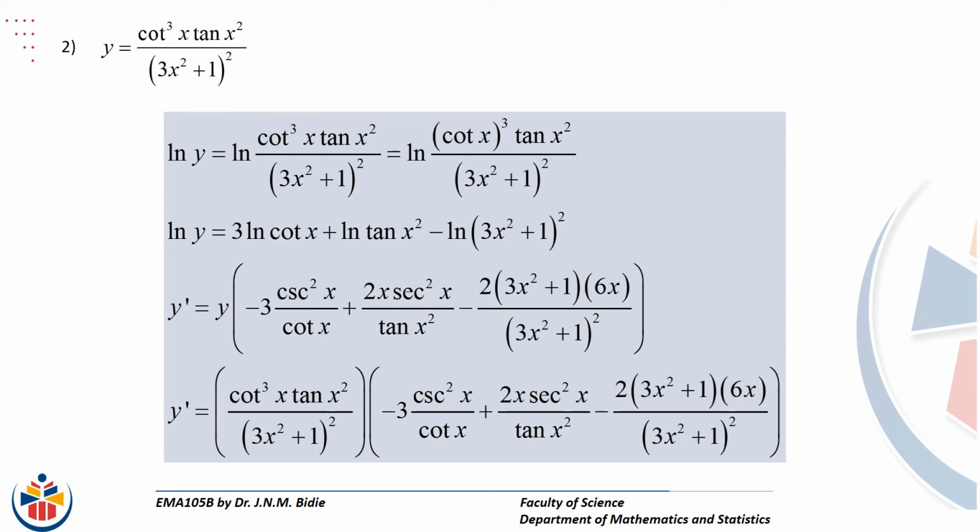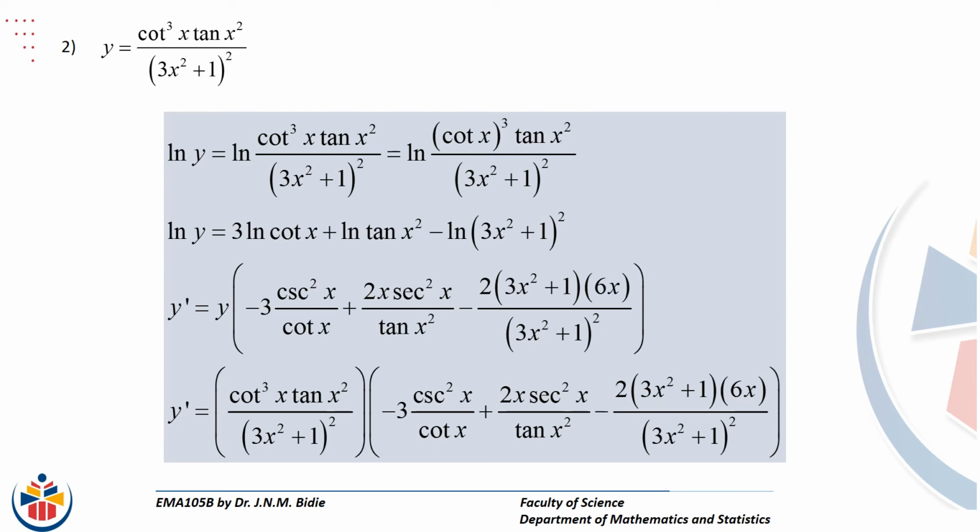The left hand side, we know, is y prime over y. And then if we take y to the right hand side, that's what we get. The derivative of ln cot x is minus cosec squared x over cot x. Please check my differentiation. And the derivative of 10x squared, the derivative of 10 is sec squared. Please make sure that everything is right. The derivative of x squared is 2x. All of this is divided by 10x squared